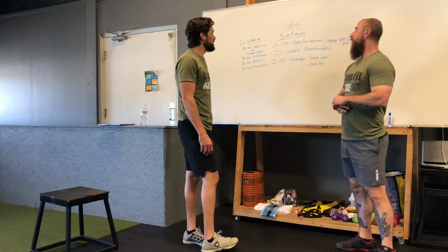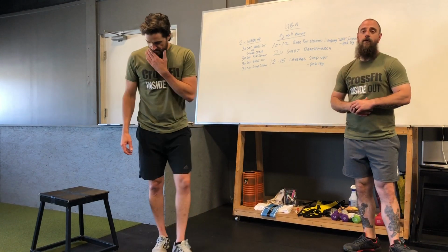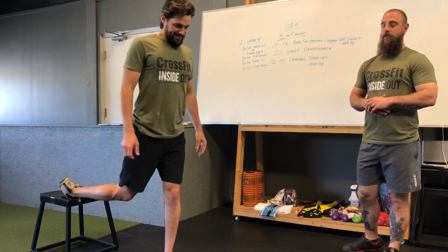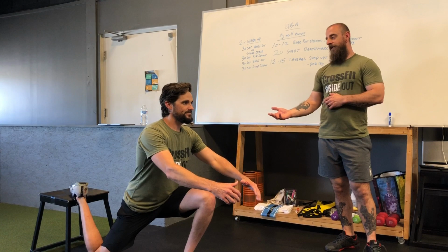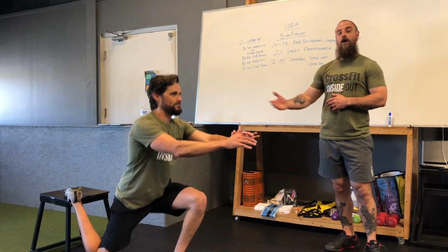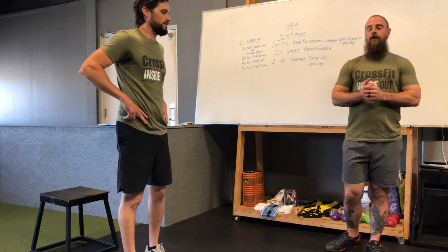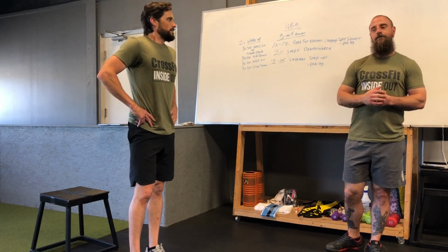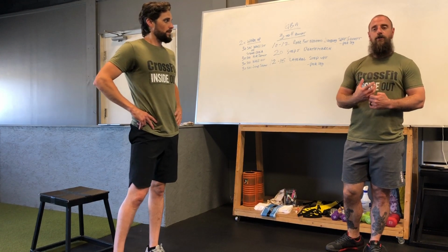4 rounds. You're going to do 10 to 12 rear foot elevated jumping split squats. Now, Nick's going to show us what these look like. So he's going to try to sit back into his heel, right? Jump, leaving the floor. His back foot is going to try to keep it on that box. Again, the height really doesn't matter so much as far as the elevation. Your knee doesn't necessarily have to touch the ground, but I do want you to try to get depth in